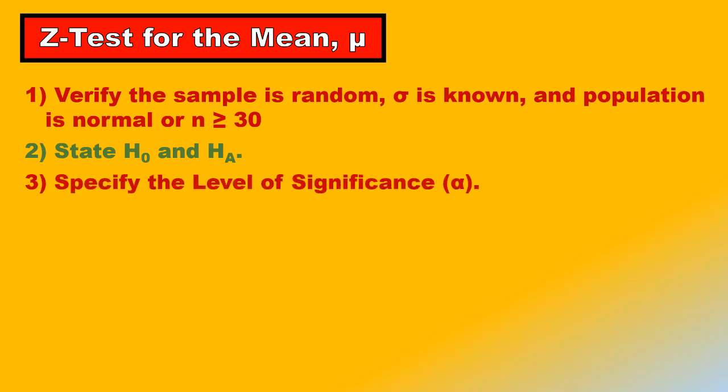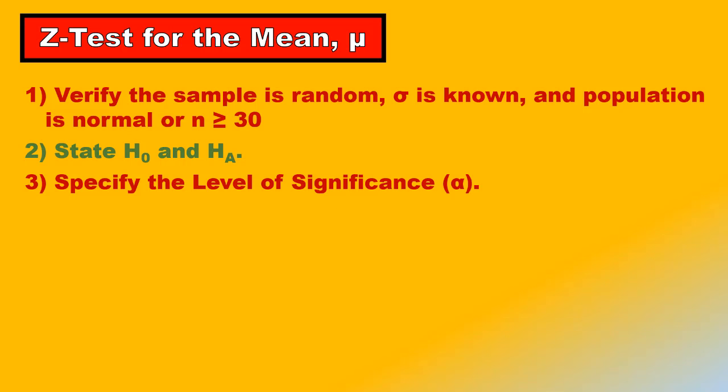What's our level of significance? Most of the time, that's going to be given to you. But sometimes if you're developing your own statistical study, then you're free to choose whatever level of significance you want. How much probability of making a type 1 error do you want to allow within your investigation? Most of the time that's set at 0.01 or 0.05, but you can set it at 0.03 or 0.02 or